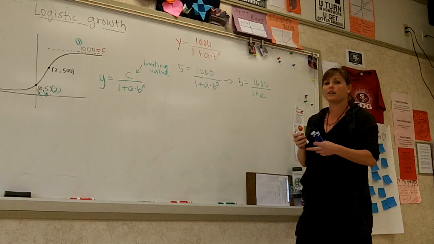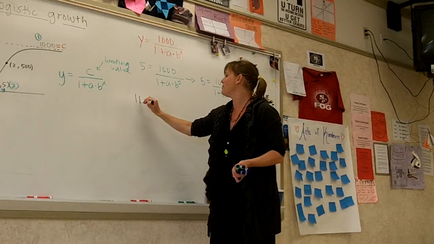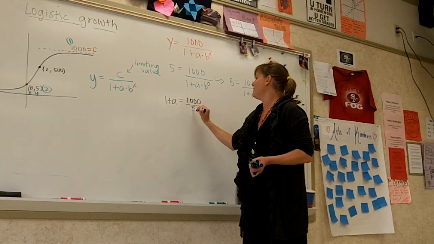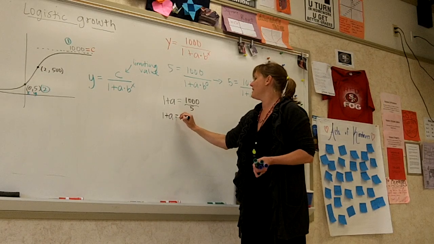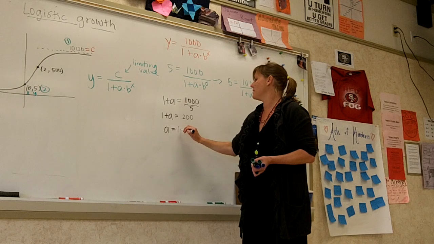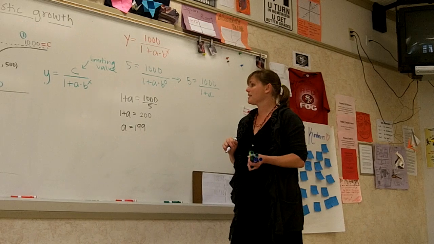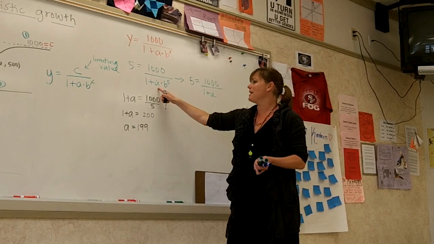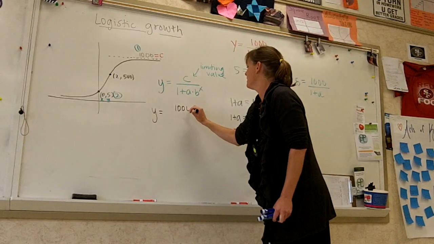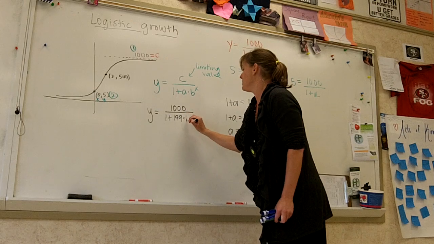Now what I'm going to do here is just use the properties of cross multiplying. So I'll get 1 plus A is equal to 1,000 divided by 5. So 1 plus A is equal to 200. So I get A is equal to 199. Does that make sense? So that looks pretty good. So then I'm going to plug that in right there. So right now I have Y is equal to 1,000 divided by 1 plus 199 times B to the X